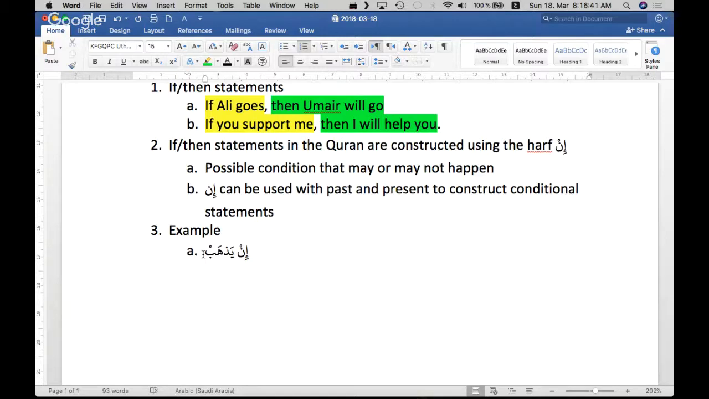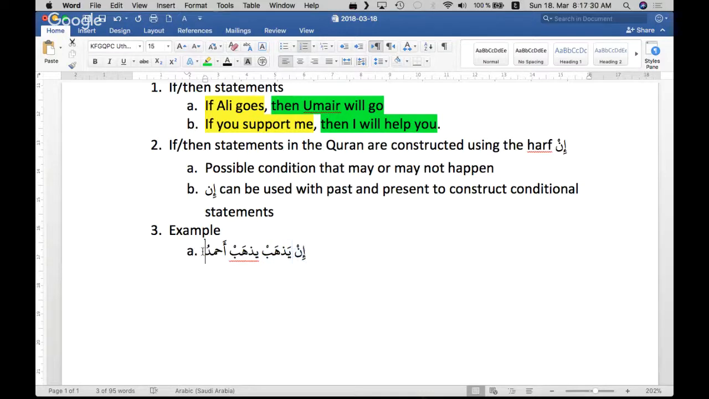It was yazhabu. In yazhab, if he goes, let's say Ahmad, yazhab Ahmad. Now what are we doing here? What we are saying here is in yazhab, if he goes,